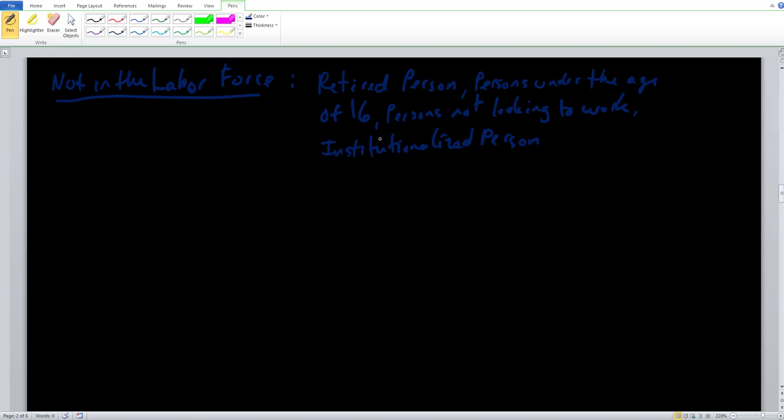So all of these categories of people are not in the labor force, so therefore they're never going to come in terms of the calculation of the unemployment rate. Unemployment rate, basically those unemployed divided by in the labor force, so employed plus unemployed, and you're good to go to find out that unemployment rate that the BLS is going to calculate. Do not include those not in the labor force because they are not employed or unemployed. They are different groups of people.